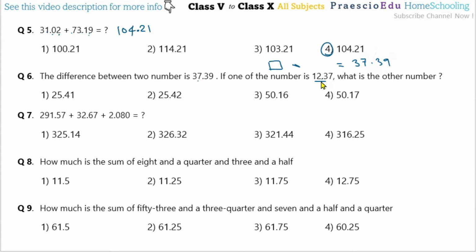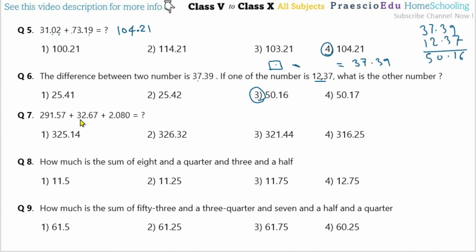Okay, in another way, if we add 12.37 to 37.39, we will get this number. So 37.39 and 12.37, after this we will get 50.16, and 50.16 is given in option number 3. Now question number 7,